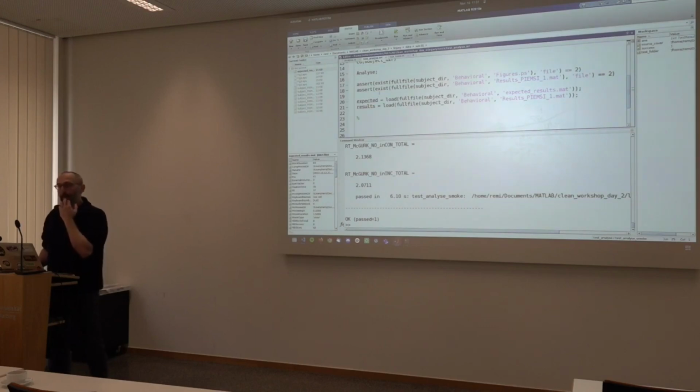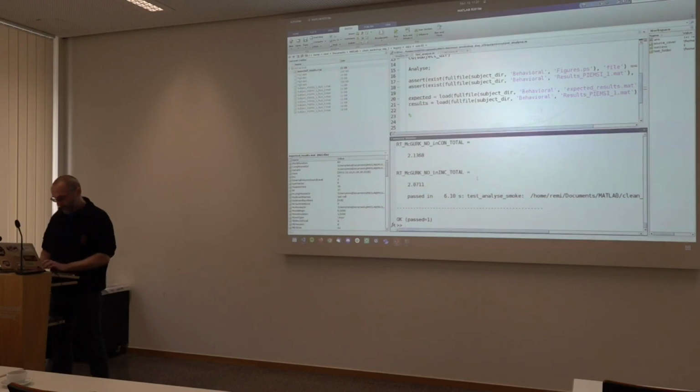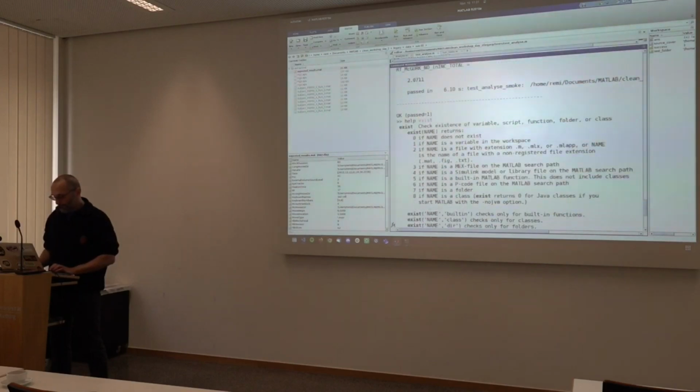So when we are saying 2, it's checking, after analyzing, that this figure is generated and that the file exists. Actually, let me give you a demonstration. If you're not sure, just type help exist.